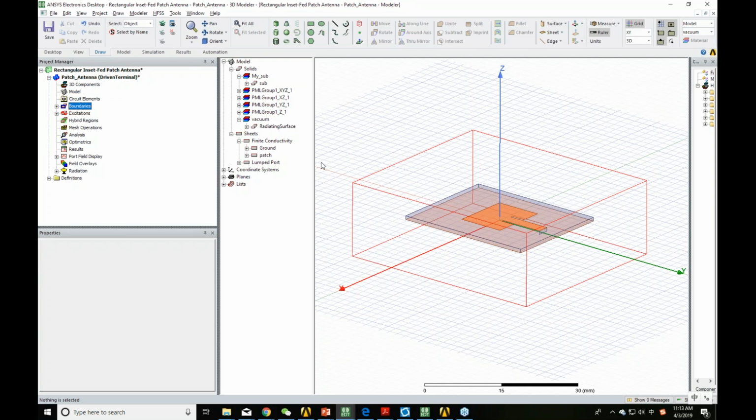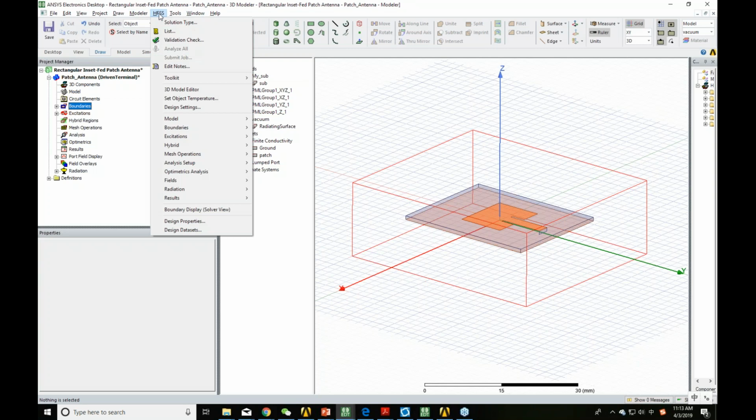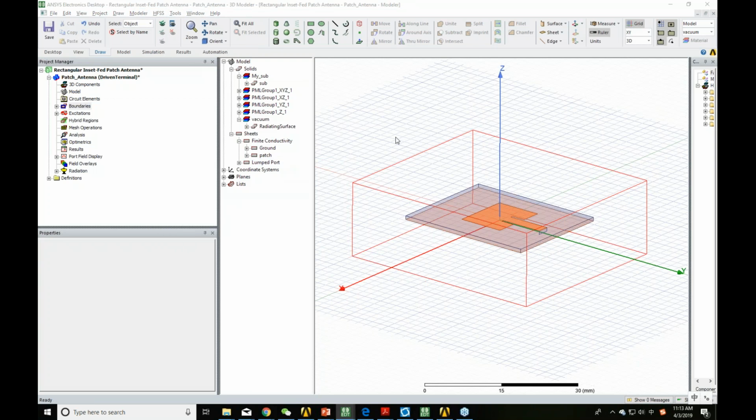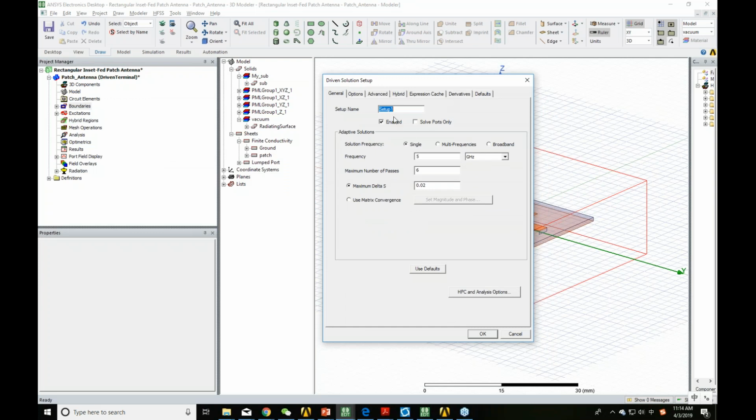The next step, we'll set up a solution setup. We go to HFSS analysis setup. We add a solution setup. We call it Setup 1, and we want to set the solution frequency at 10 gigahertz. Maximum number of passes determines